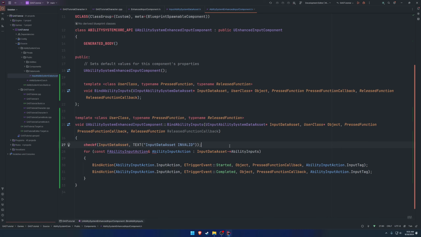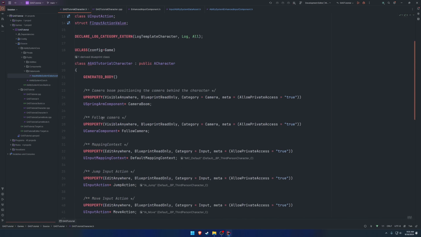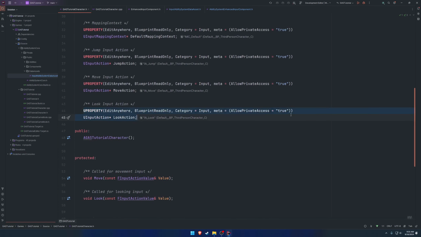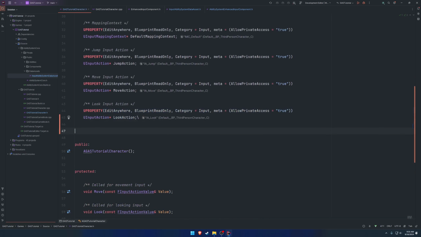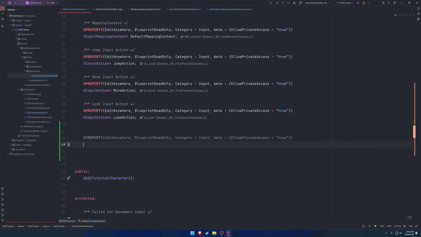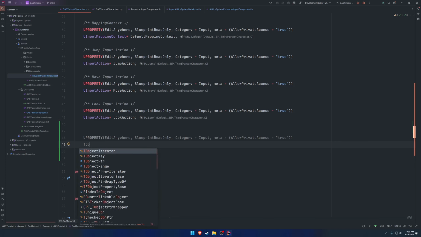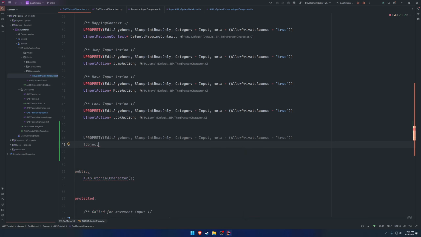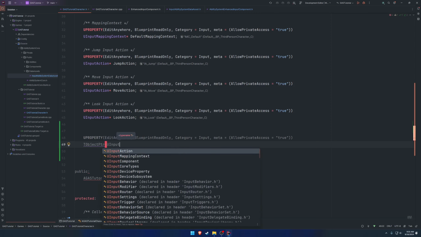All right. So we are now pretty much set up and good to go. The only thing we need to do is actually use it. So we're going to set up a quick little data asset here in our character. So I'll just do it below the last action, a new space. And we're going to do the T object pointer to our data asset. So the U input ability,